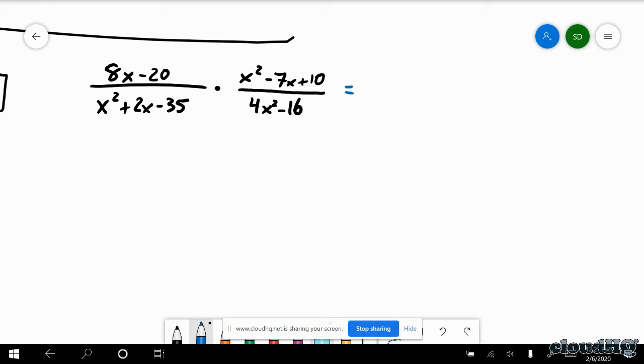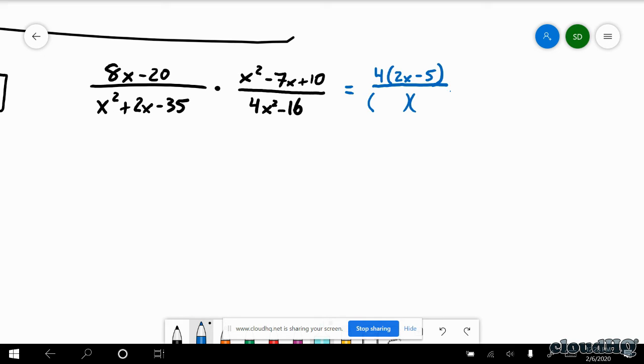Okay, in that first numerator, 8x minus 20. If I factor that, I would recognize that they're both divisible by 4. I would factor 4 out of both terms. 8x divided by 4 is 2x. Negative 20 divided by 4 is negative 5. So I end up with this numerator. In the first denominator,